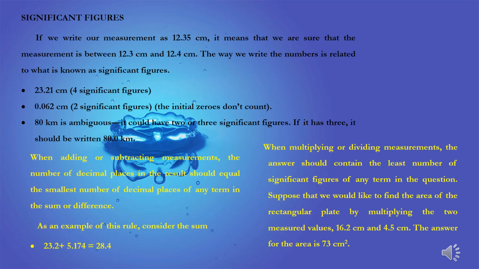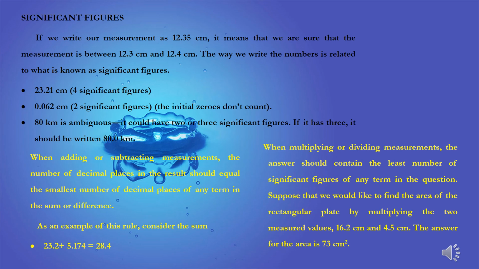Significant figures. If we write our measurement as 12.35 centimeter, it means that we are sure that the measurement is between 12.3 centimeter and 12.4 centimeter. The way we write the numbers is related to what is known as significant figures. To give you some examples,